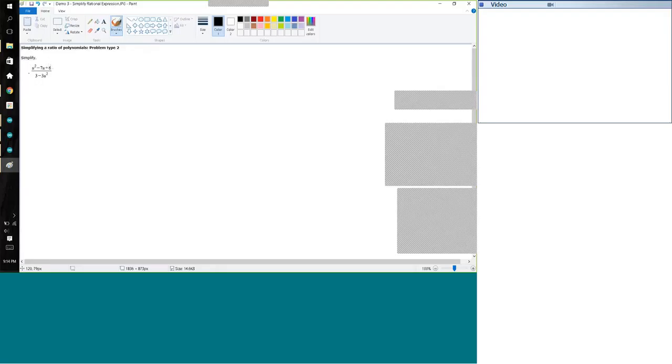6 and 1 comes to mind pretty quickly, and since this is a negative 7, it's going to have to be negative 6 and negative 1, because negative 6 times negative 1 makes a positive 6, and negative 6 plus negative 1 makes a negative 7. So we can factor our numerator down to u minus 1 times u minus 6 divided by,